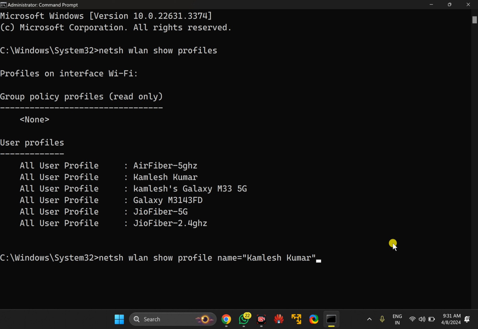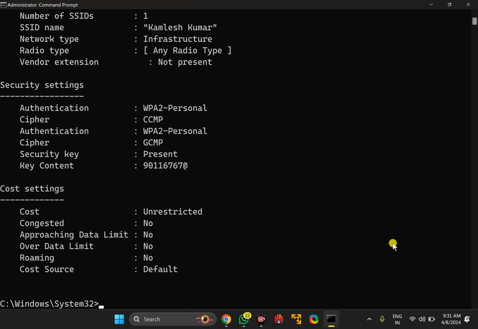After that, put one space again, then type key is equal to clear, then press enter on the keyboard. Under security settings, beside key content, you can find your Wi-Fi password.